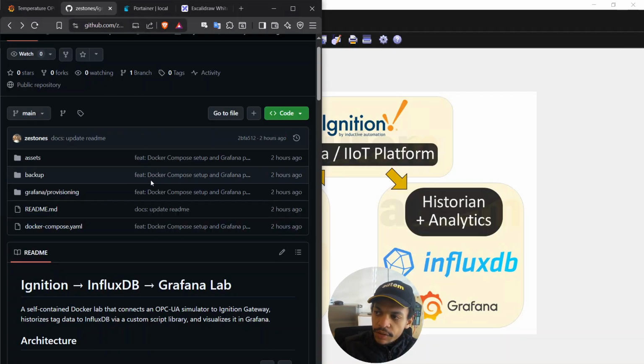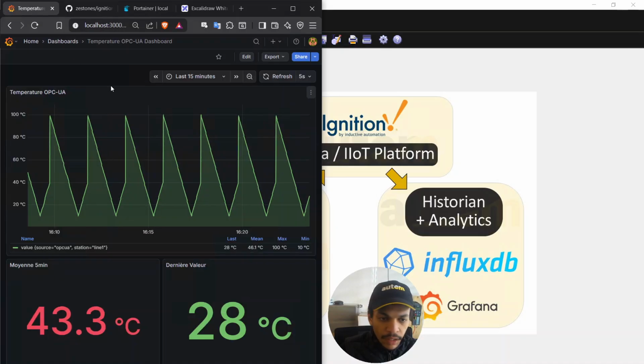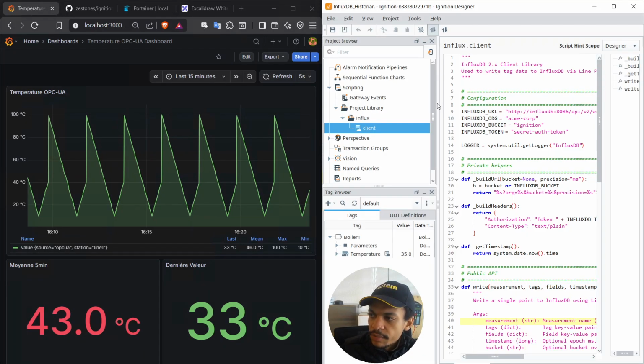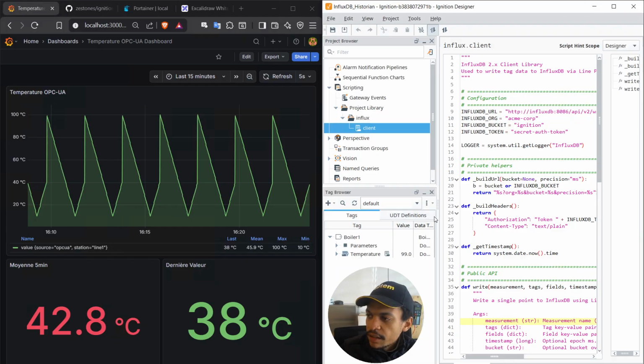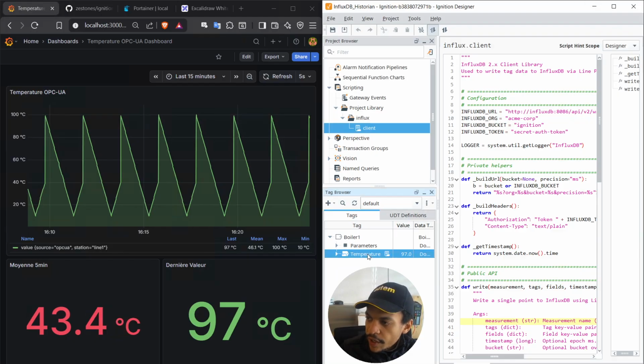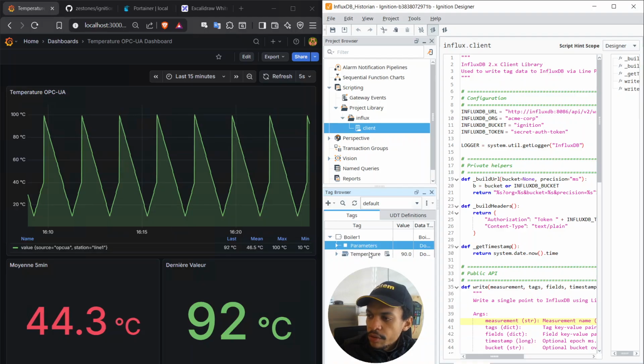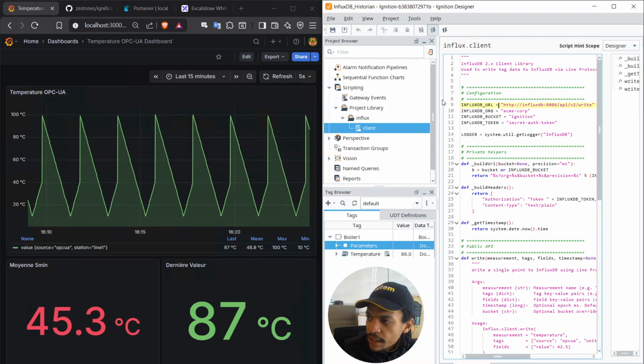But yeah, so here you can see that the first and main component of this communication is this part between Ignition and InfluxDB, the REST API configuration. So there you have your tag coming from your OPC UA device. You see the temperature going up and down, but the main component, and this is delivered in the Git repository,